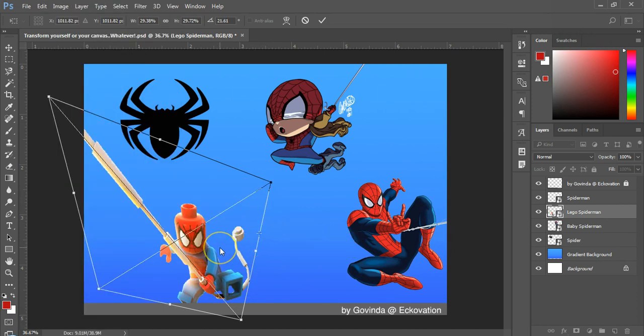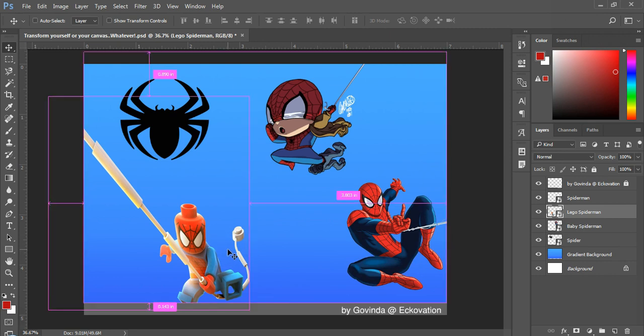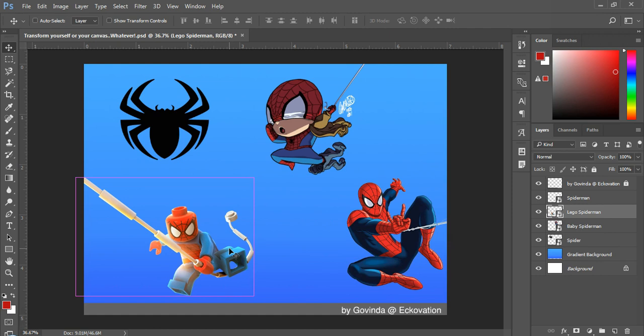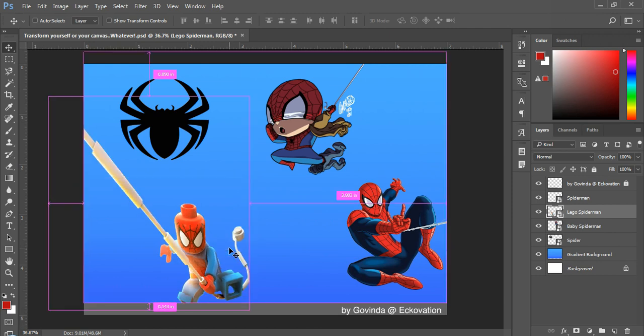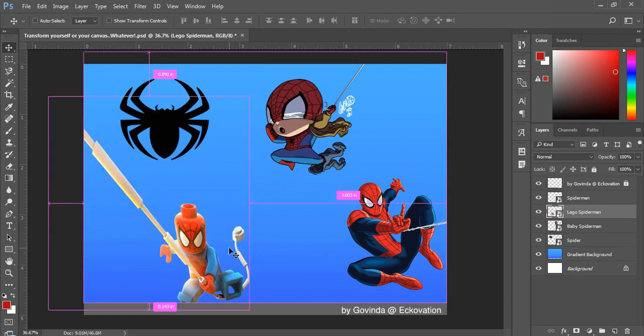Now press Enter to accept all the changes you made to the layer and deactivate the free transform tool. You also have the ability to press Escape to cancel any change you made and keep the layer as it was before you burdened it with your ideas. And also, Ctrl Z is always an option if you want to undo some changes and not all. But you need to undo before you press Enter. After that, Ctrl Z will undo the free transform action completely.